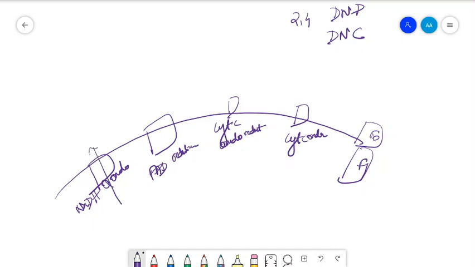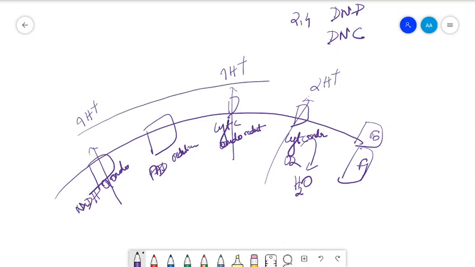Complexes 1, 3 and 4 pump protons to the intermembrane space. Complex 4 is the final acceptor of electrons, which converts oxygen to water, and